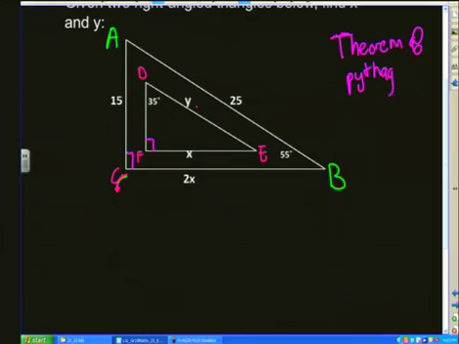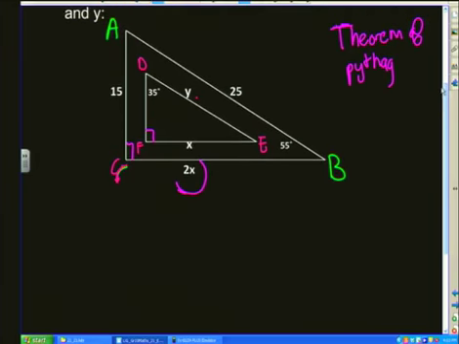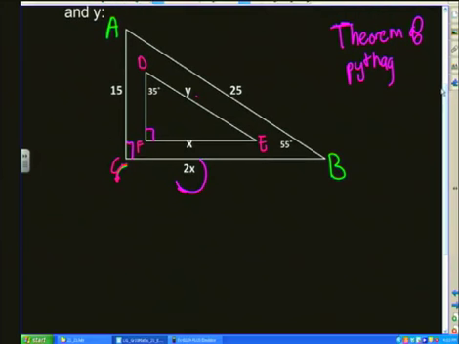Now we are asked to find x, right? But we can see that side BC is 2x. So therefore, if I found side BC, I'd be able to find x, which is length EF. How can I find BC? By using exactly what I said you should be thinking about, theorem of Pythagoras. So we've got AB is your hypotenuse. Remember, your hypotenuse is the one opposite your 90 degrees. And we've got the shorter side, AC. So therefore, if I'm looking for BC, I can say,